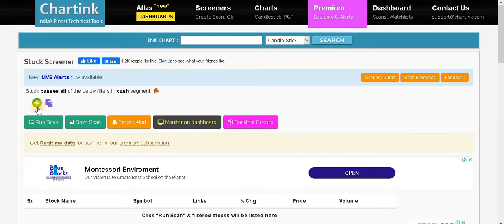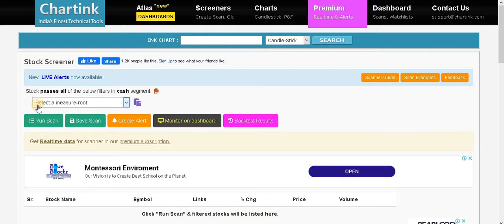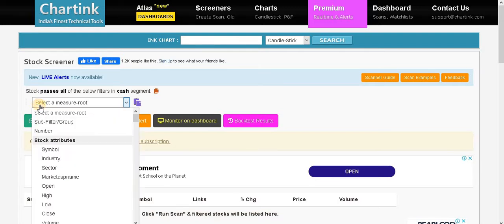Now, once you are on the create screeners page, you have to click this plus sign, which is rounded up with a green color. Once you click there, it says select a measure. Over here we will be selecting close.